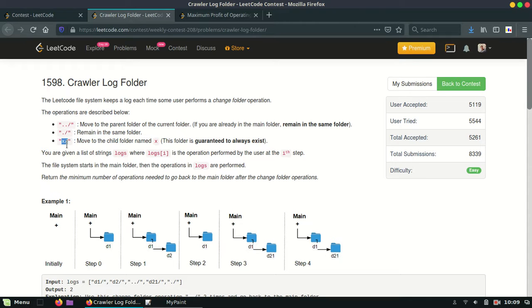And in this case, x slash, what we need to do is move to the child folder named x. What does this mean? Suppose we are in this folder, the parent folder of this child, and in the place of x we are given the name of the folder.